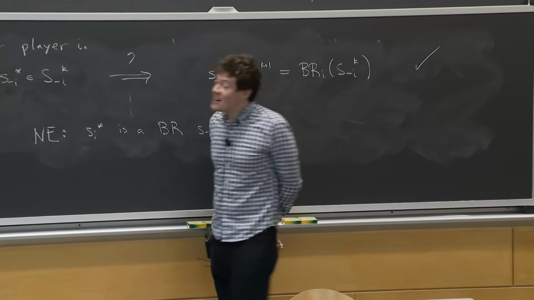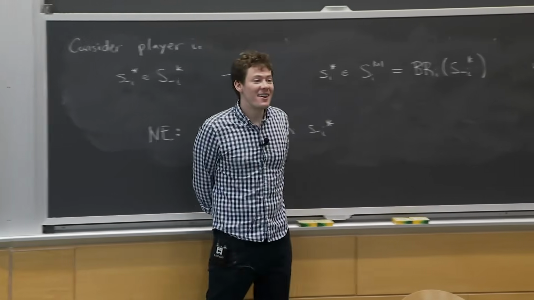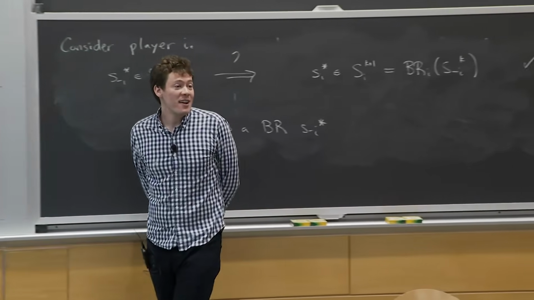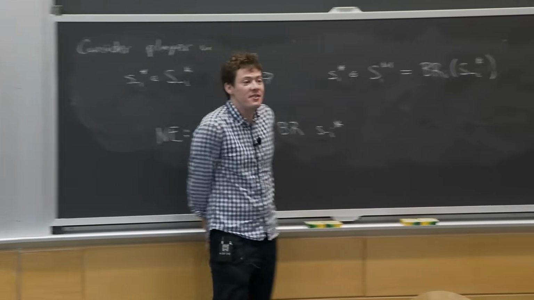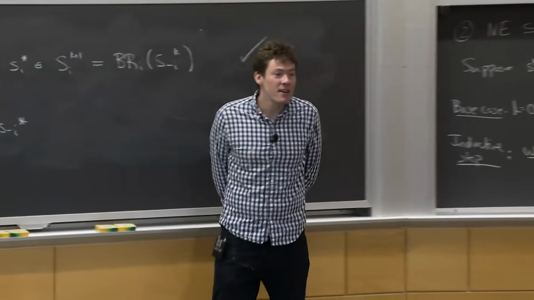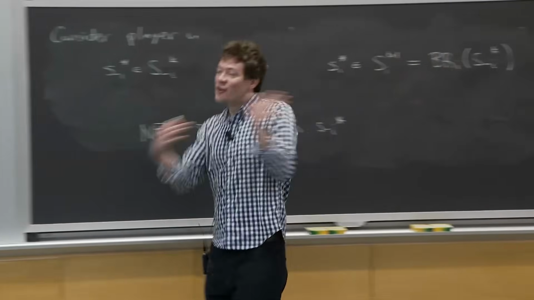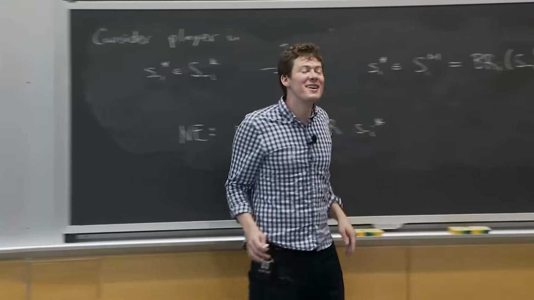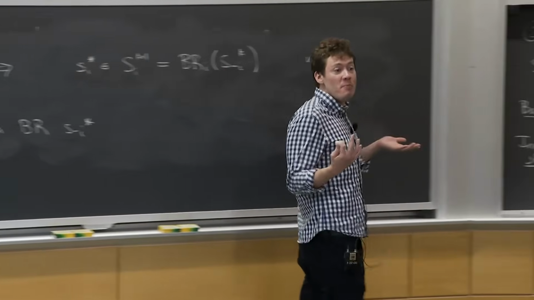Would you play A 99% of the time? Half and half. Probably half and half, right? Because you don't want yourself to be predictable, right? And if you look at the data on World Cup penalty takers, that's a pretty good prediction, right? Sometimes right-footed players have a bit of a left advantage, and there's all these subtleties, but roughly people mix 50-50